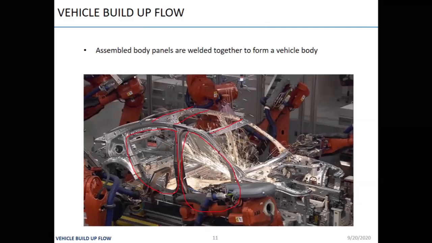Again, hinges will be mechanical fixing. Tailgate or trunk lid, it will be mechanical fixings, right? Fender also, it will be mechanical fixings. So all these exterior parts will be done by the mechanical fixings only.